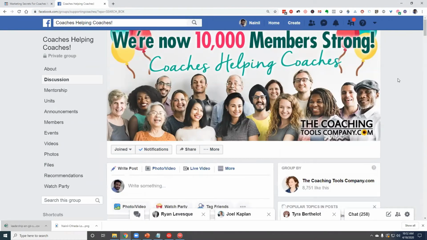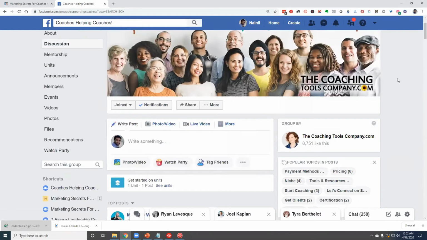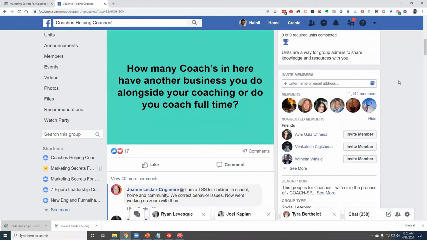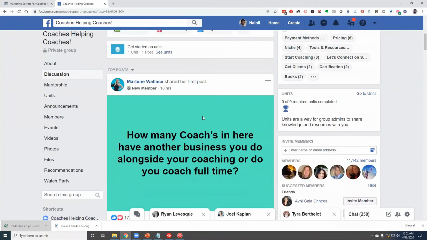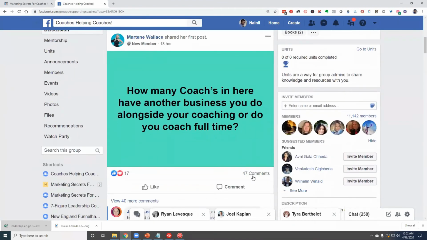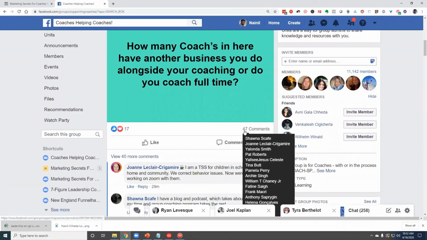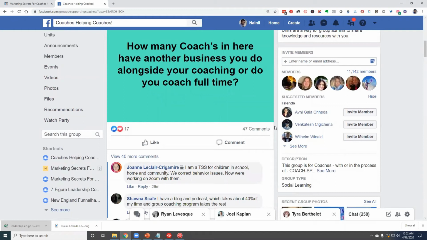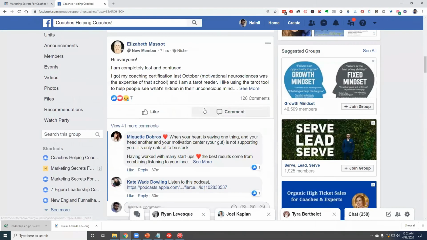What I did yesterday was, I want to create more content for the coaches. So yesterday I went through these sections. You just look at all the topics. You see which topic has, I try to look at anything which has at least 50 comments or more. That way I know I am looking for something which is going to be engaging, and then I start to figure out